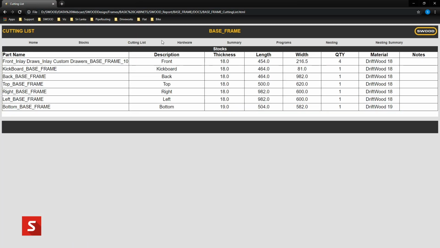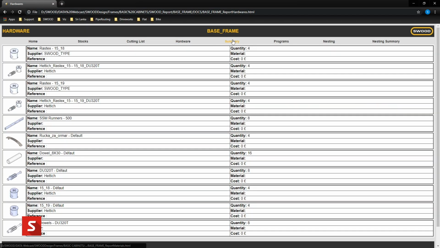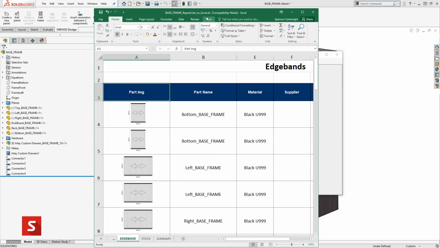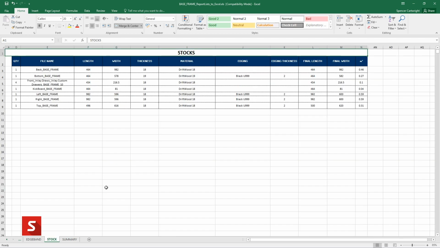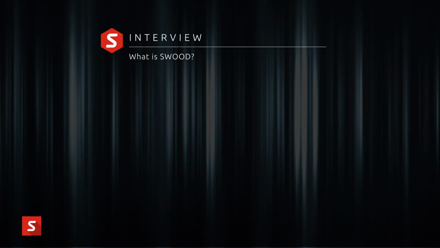So SWOOD Design is there to help with the automation of cutting lists, and that's a really key aspect of the SWOOD Design module. It's nice having the ability to add information about edge bands, materials, connectors, but if you can't extract that information or it takes you a long time, then it's really not the most efficient process. SWOOD Design gives you a reporting tool which extracts all that information at the click of a button. So it'll extract information about the materials, how much material you're using, the exact length of edge band that's being used, how much edge band you require, what connectors you need, and it displays it in a format that's easy to understand and that anyone can view.